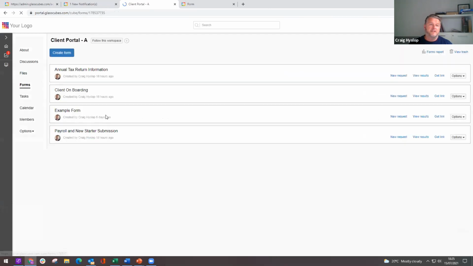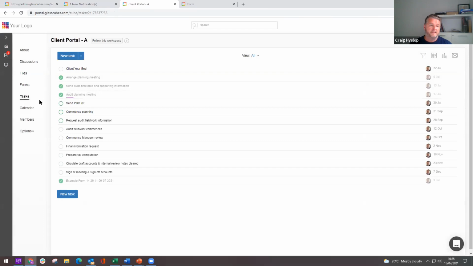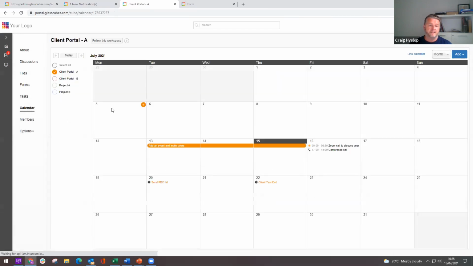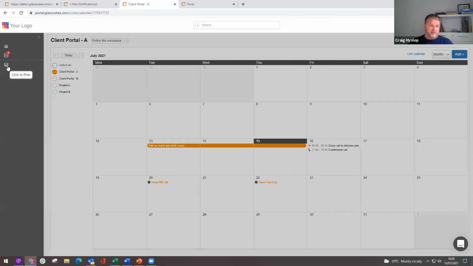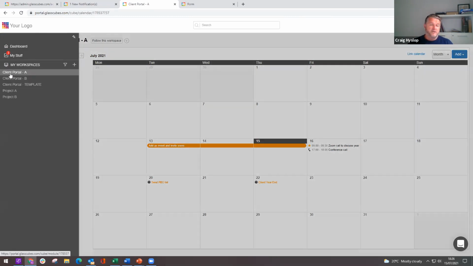The forms obviously are for your information gathering, actions and to-dos all in one place. And then you've got the calendaring activities there, supporting your calendaring activities. I mentioned to the left-hand side the workspaces, client portal areas that you can build. The structure that you can create here, you've got an infinite amount of use cases to support the client area